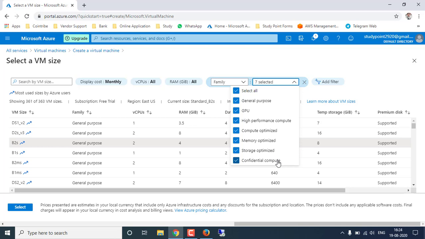Like in general purpose VM you will get the normal configuration of the virtual machine, like 1 virtual CPU and 1 to 2 GB RAM.